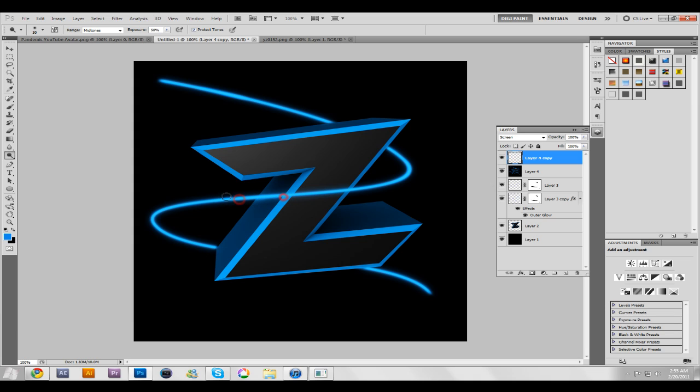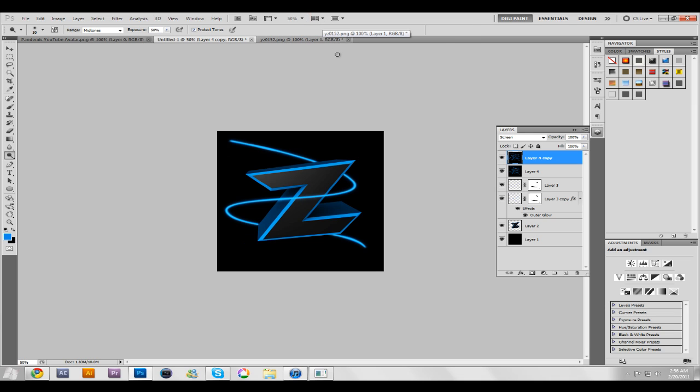Looks really nice. Don't feel afraid to overdo it. Looks pretty nice. Alright, so I think it's done. That is my light stroke effect,